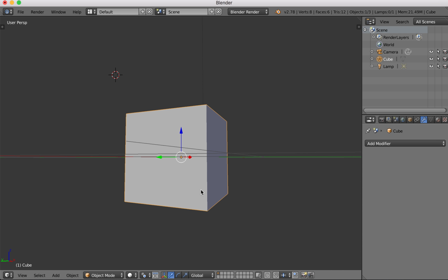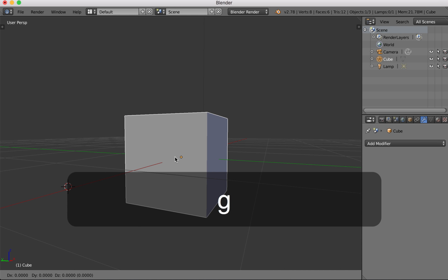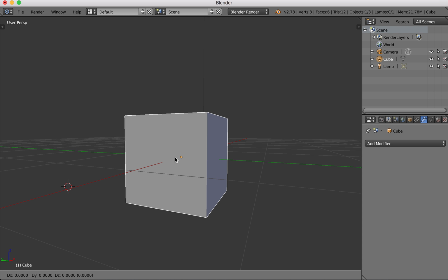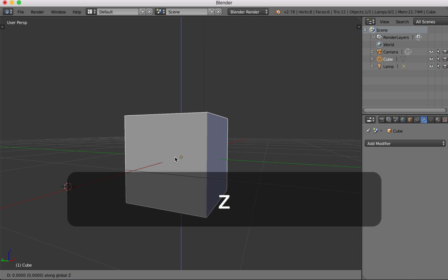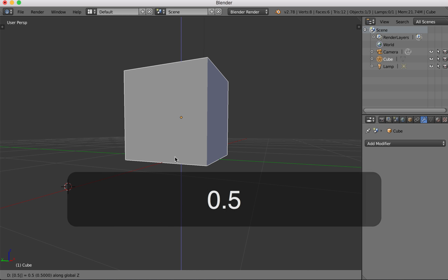So half of it is hanging below this plane. It's not too much of an issue, but maybe I want to put it above the plane. So actually what I'm going to do here is grab it with G, and this is for general movement, and then I want to move it in the Z axis, so I can lock it to Z, and I want to move it up by 1. Actually, no, I don't. 0.5,